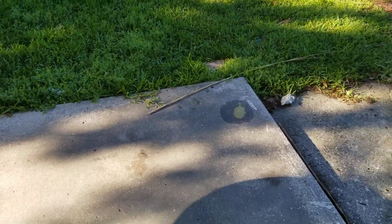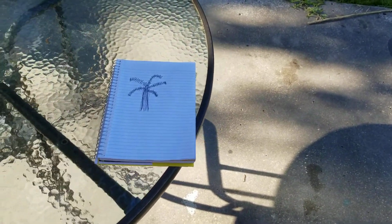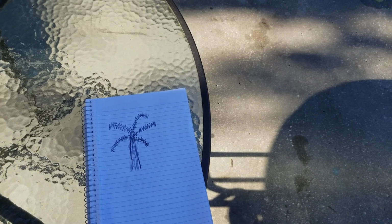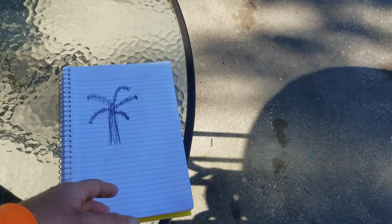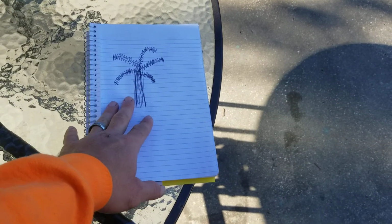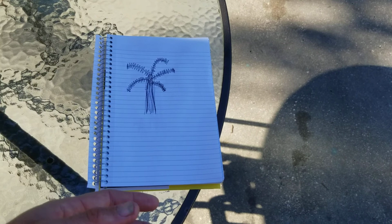I don't want you to make fun of me. I'm no artist, but I've kind of drawn it out a little bit to help you understand if you don't understand how a banana grows. Okay, so you buy a tree or you get a tree, you dig a tree up, you start out with one tree, and you put that one tree in the ground, and you water it, and you feed it,